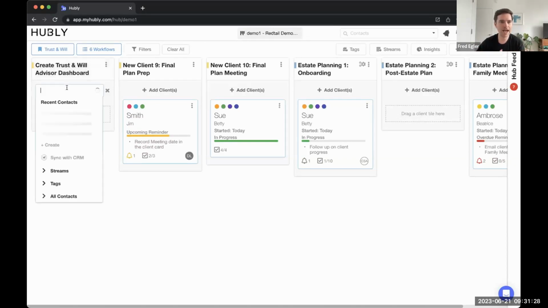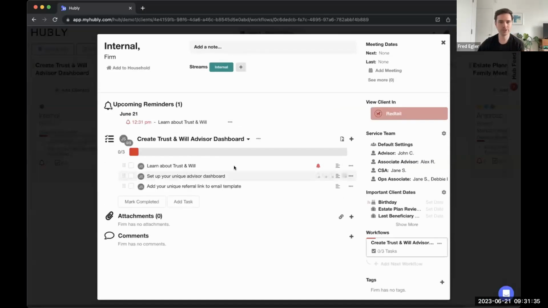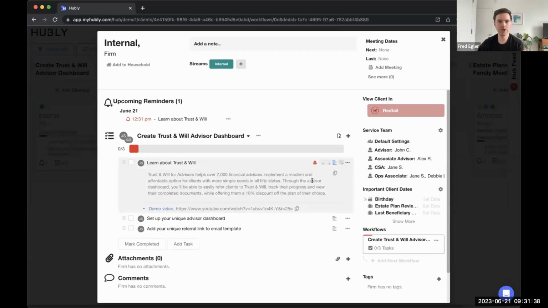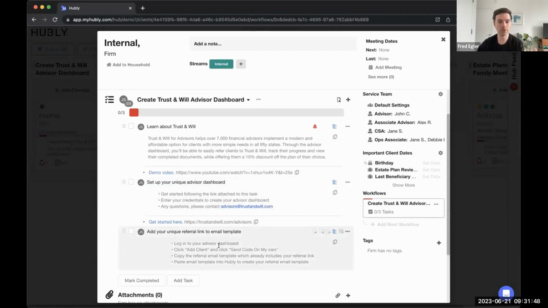You could potentially add in your firm in this workflow here and basically click into the client card and helpful resources from Trust and Will about watching a demo video on how to get started, setting up your own unique advisor dashboard on the Trust and Will side, and then basically creating your own unique referral template or referral link to email as well are all in here and basically embedded directly into Hubly. So this is basically a workflow for you to learn how to get started with Trust and Will and have your advisors get started with it as well if they're curious about it,